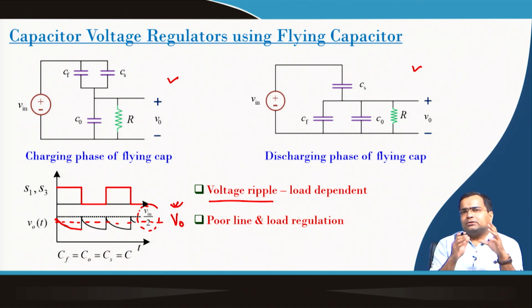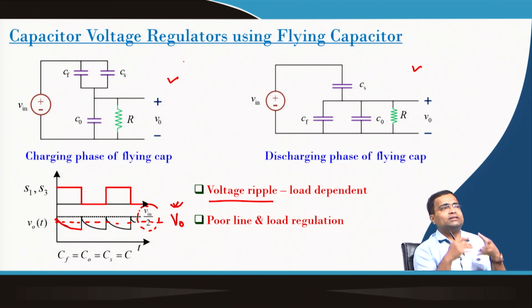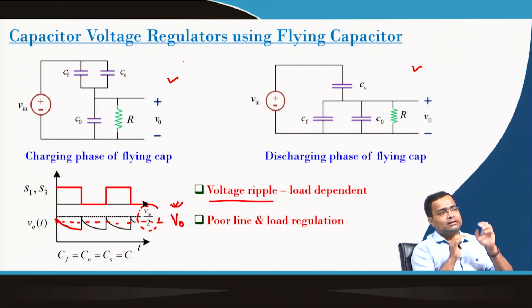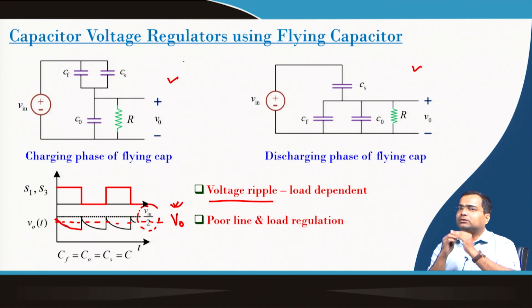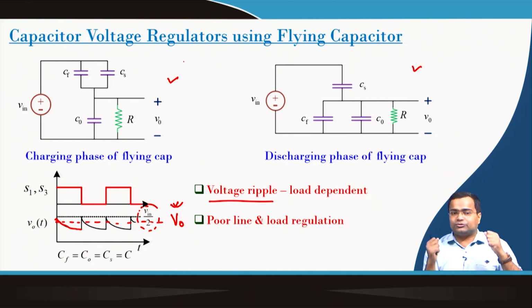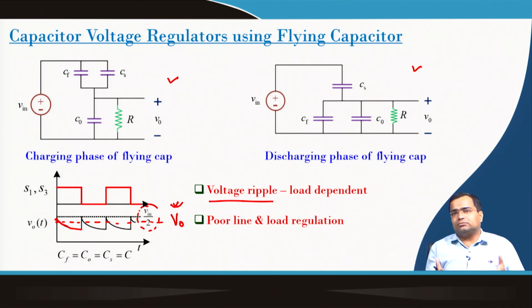If you want to achieve a higher step down, then we need to connect multiple such flying capacitor cells. If we use 2 such cells, then we can achieve 1/4, 1/8. So, it is 1 by 2 to the power of the number of cells. And the regulation point depends not only on that step down factor, it also depends on the rate of discharge profile, that means the value of the output capacitance. So, if you take a larger capacitance, then you can reduce this voltage ripple and achieve better regulation. But again, a larger capacitor has a penalty in terms of power density.